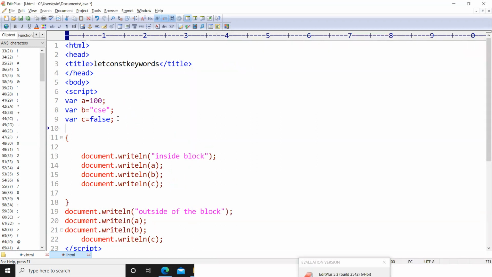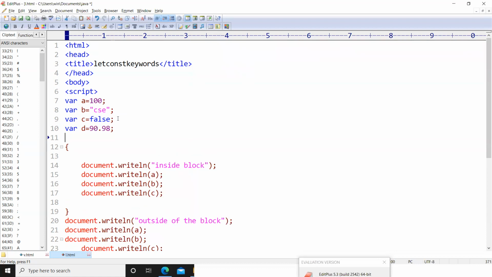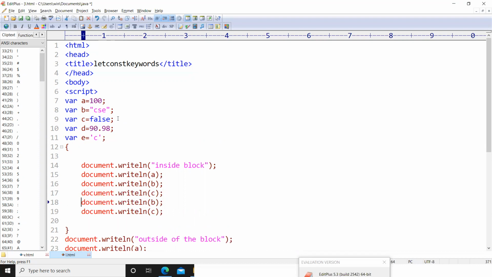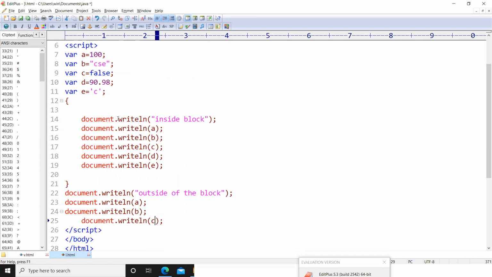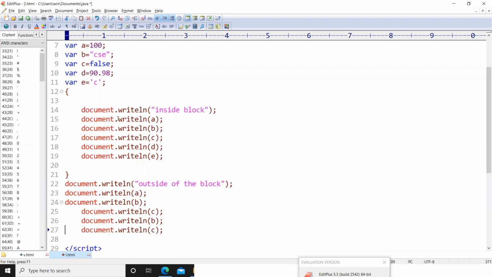And let us try some more things. Let us use variable d equal to 90.98, which is a float value, and let us use variable e equal to some character C, and let us print these two things also, both inside and outside the block.